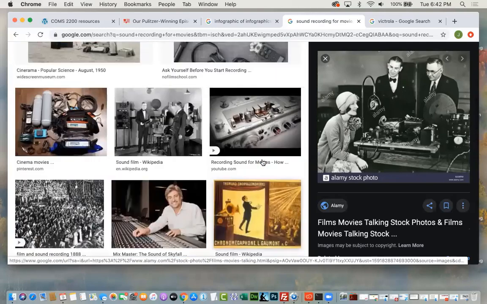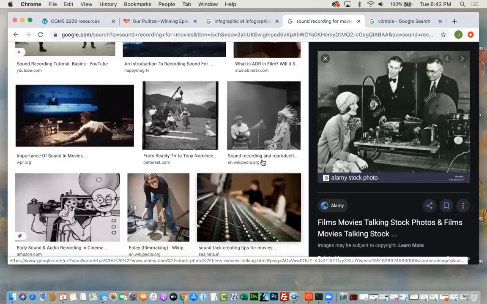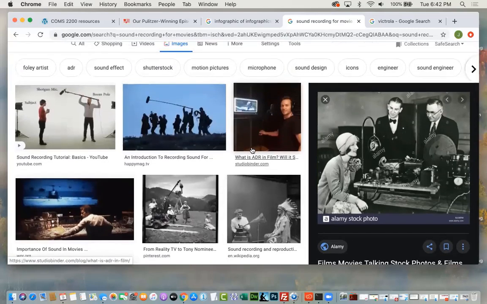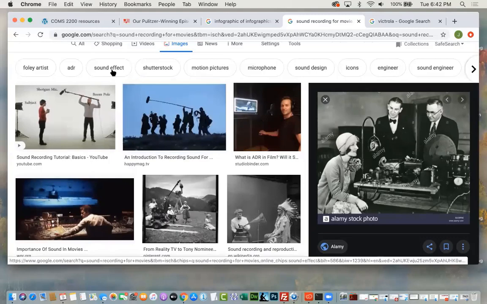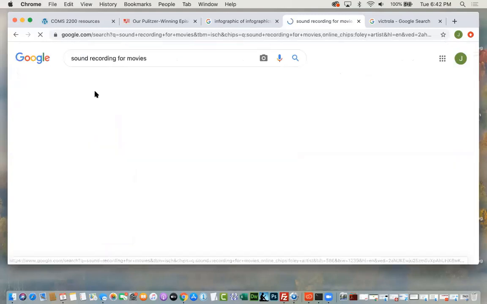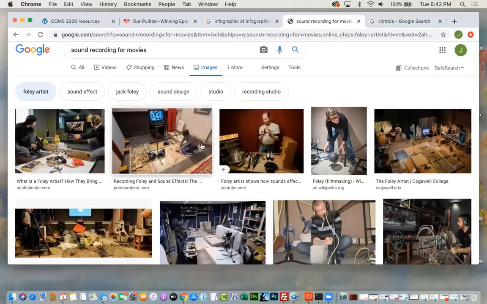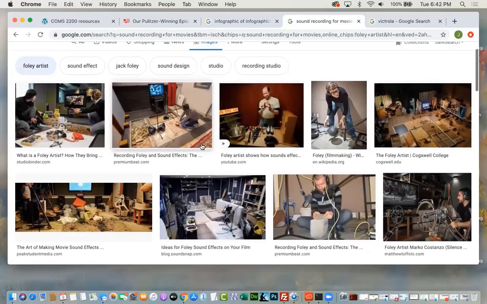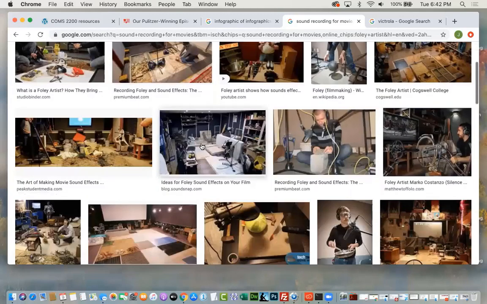Movies use those as well. And they have all kinds of people who do sound effects just so you can hear what's going on. These are Foley artists. These are people who actually make sound effects, right?